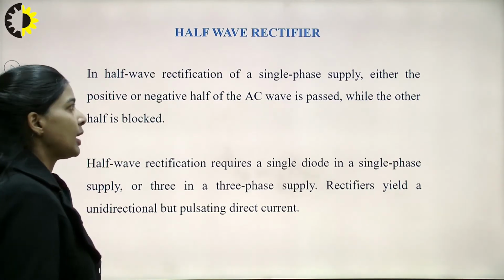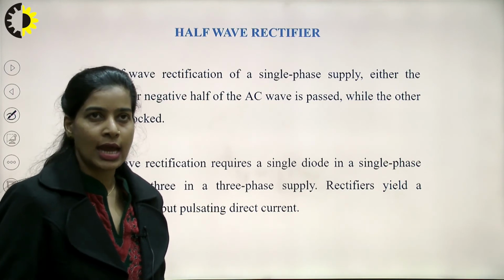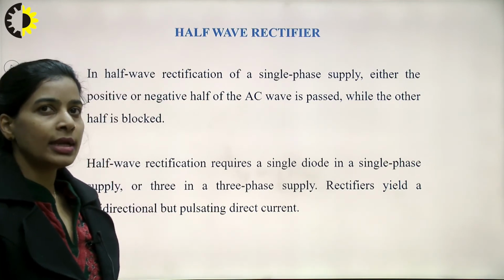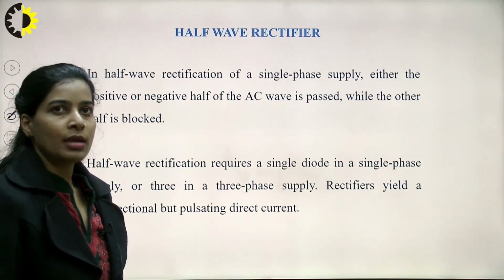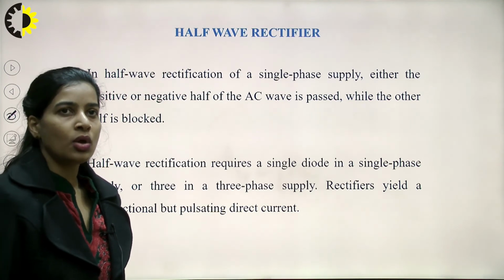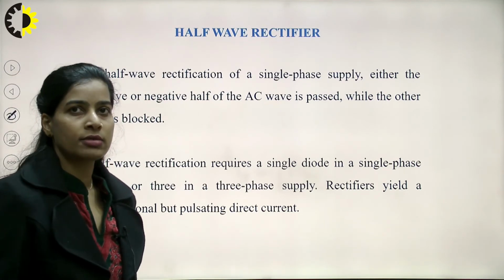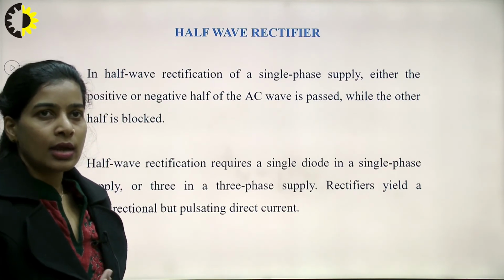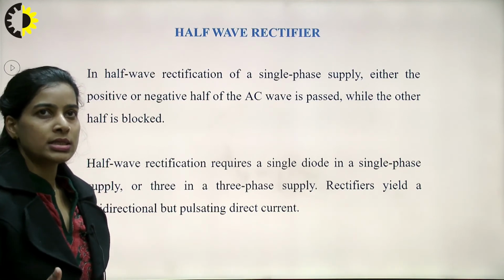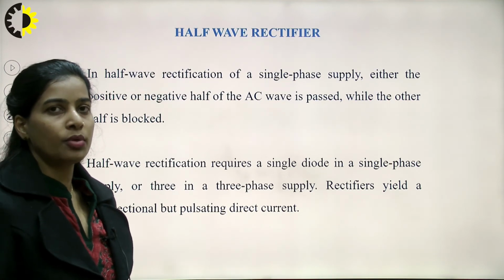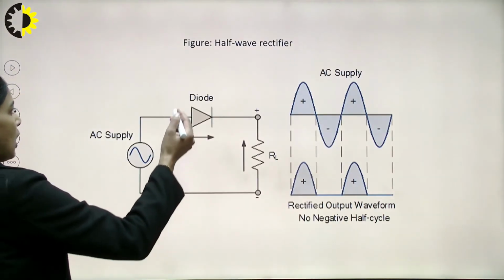First, the half wave rectifier. A half wave rectifier is made up of a single diode and it rectifies half of the wave of the input signal. The input could be a single phase supply or a 3-phase supply, and this half wave rectifier will convert it to DC of half of its part, meaning it will allow the flow of the input only in one cycle. So, let us see how it works.